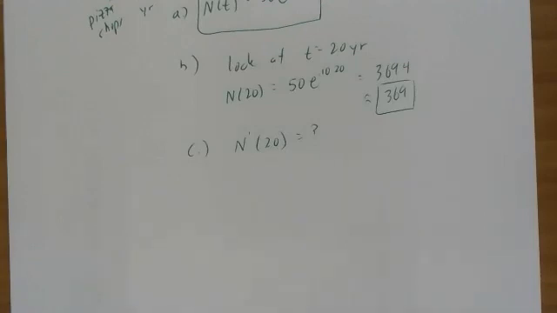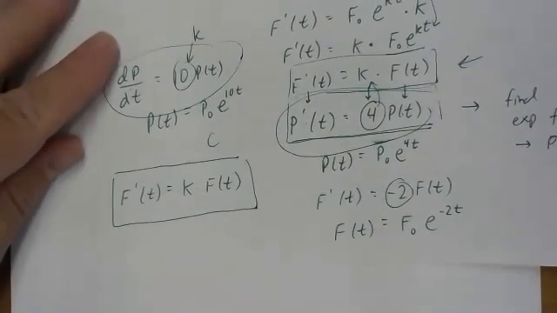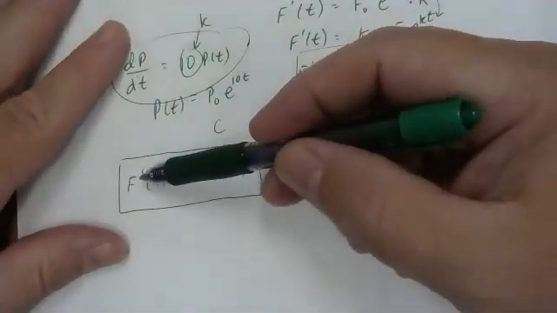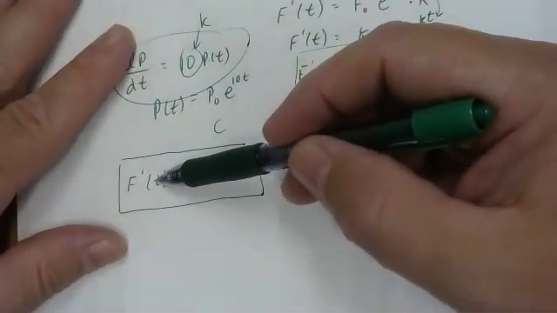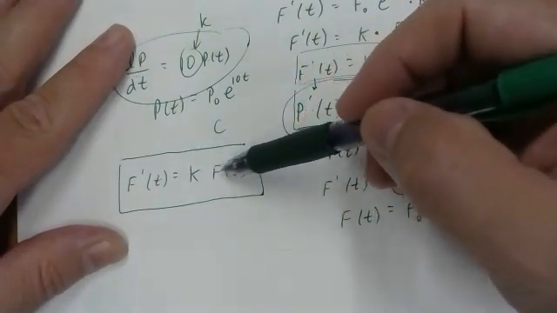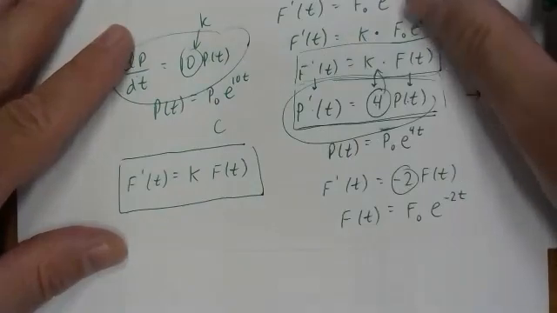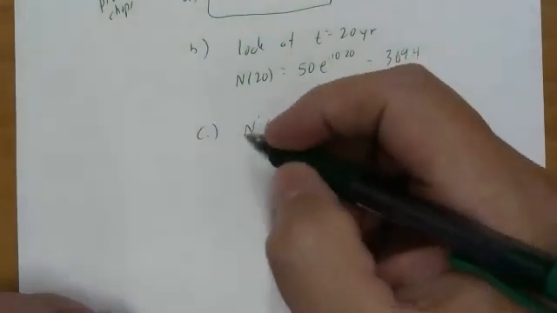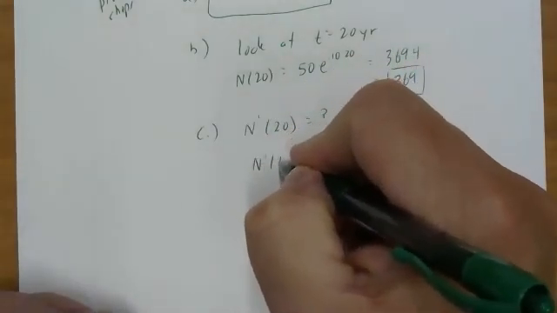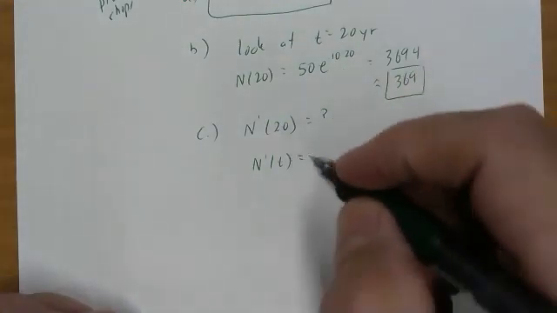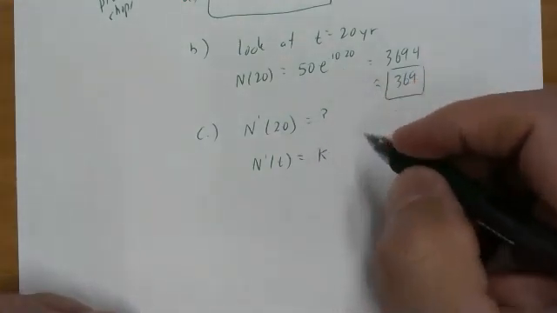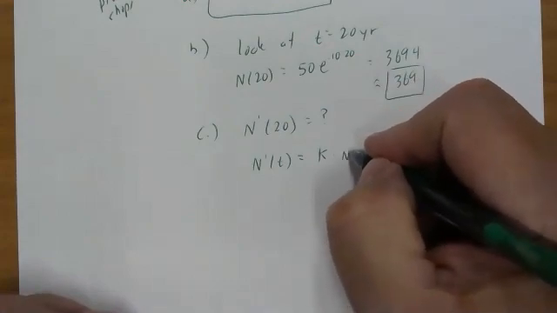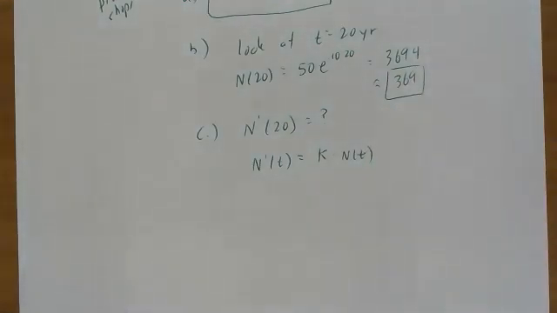All right, now here's where I'm going to go back. I said I'm going to circle this box, or outline it, and we're going to use it because it makes it easy to solve. Because here's an equation that says the derivative of a function equals k times the function. Let me rewrite this for our problem. So in our problem, we're using n for the number of pizza shops. So basically we're saying n prime of t equals k times n of t. And what we're hoping to solve,